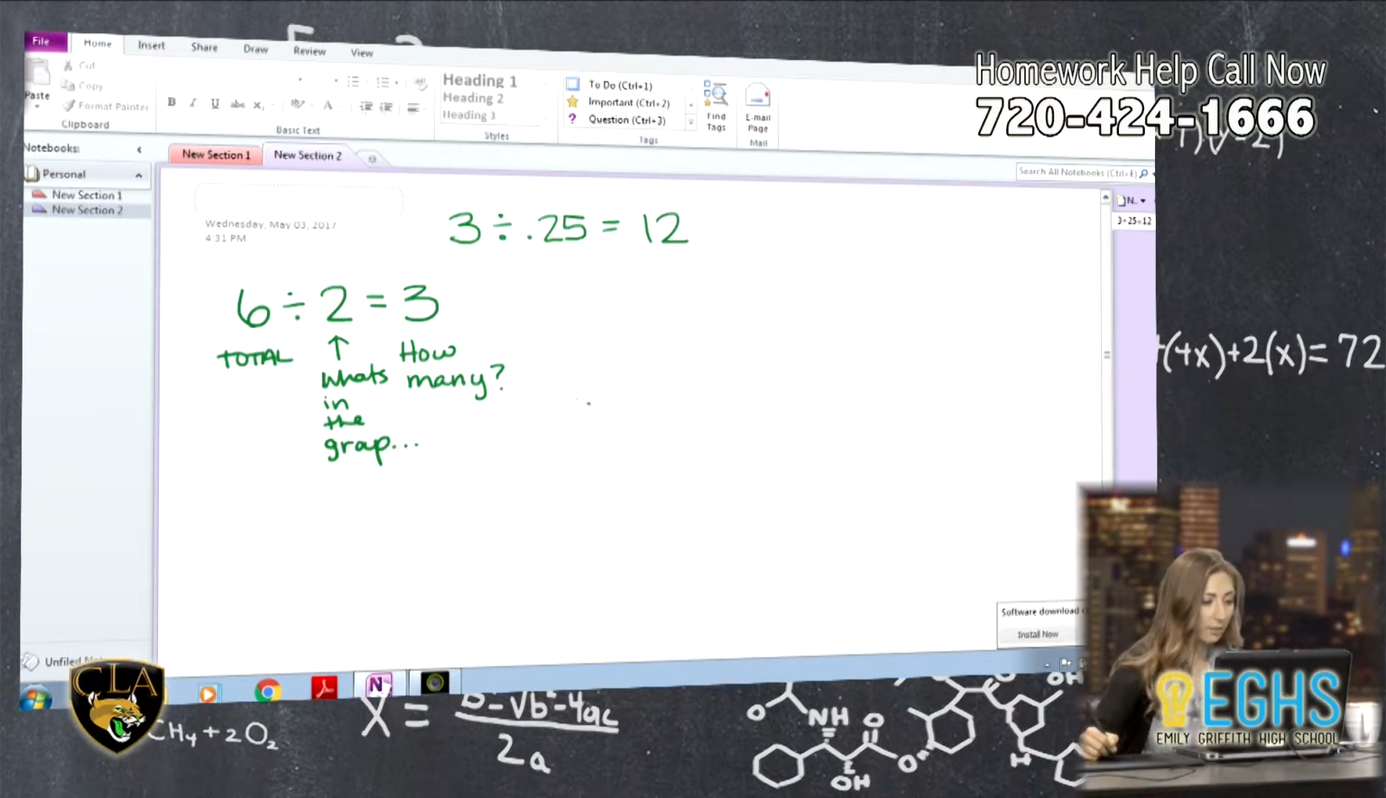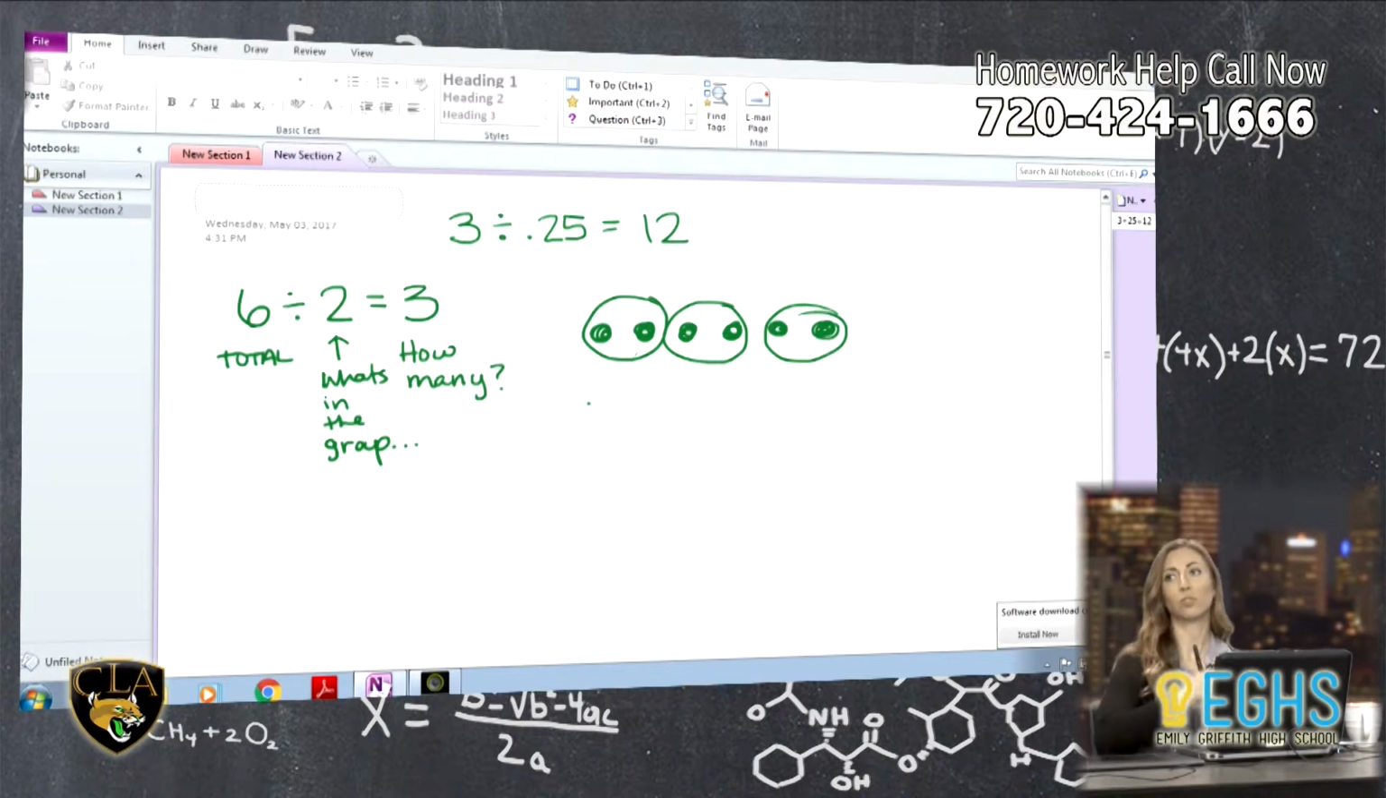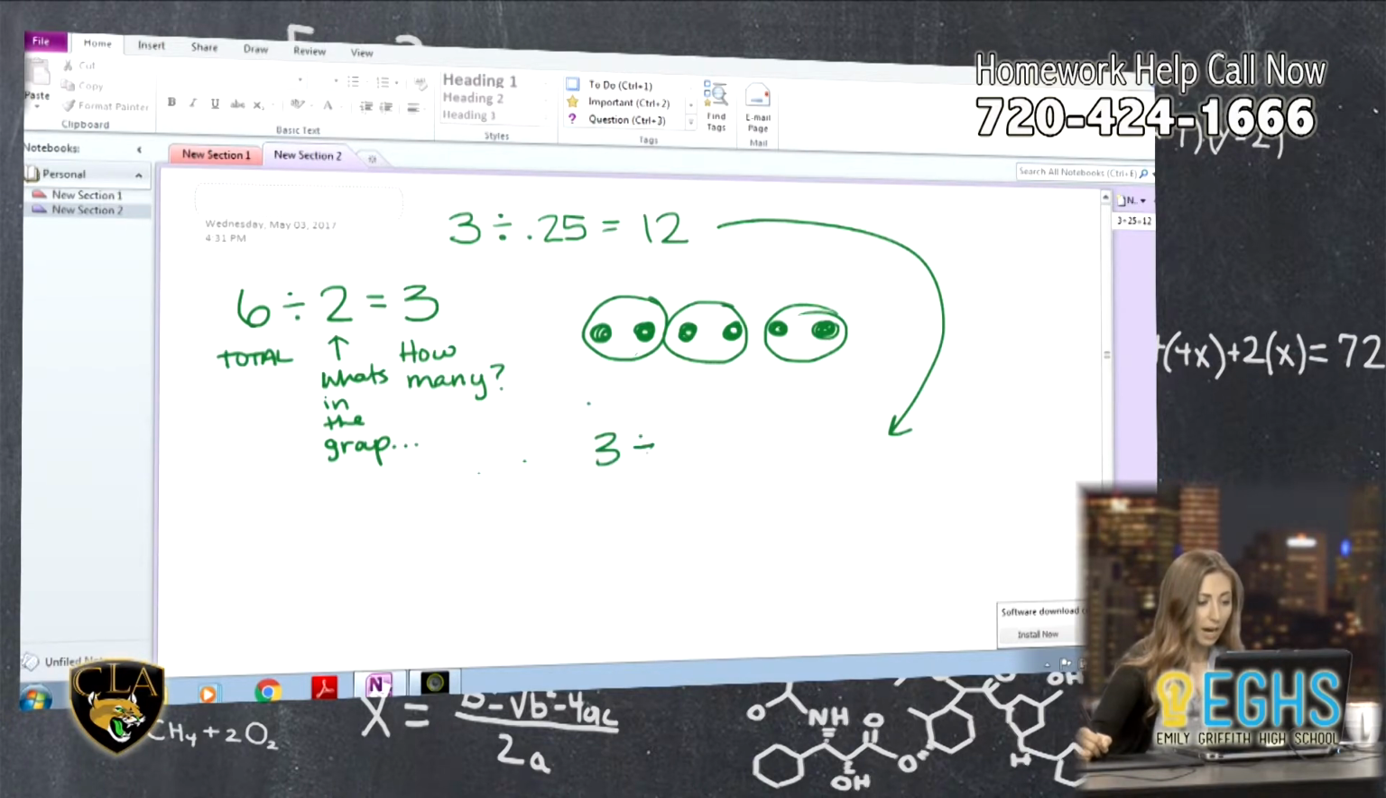So if I were to draw this out, 1, 2, 3, 4, 5, 6, we're saying, all right, how many groups of 2 can I make of 6? So here's a group of 2. 1, 2, 3. I can make 3 equal groups of 2 if I have 6 total. So using that same reasoning, we can think of this division problem, 3 divided by 0.25. If we do it that way, we are asking ourselves how many groups of this